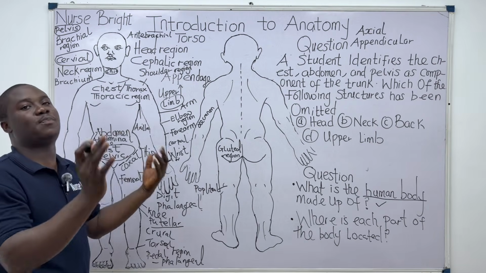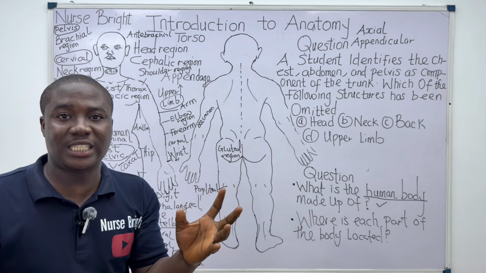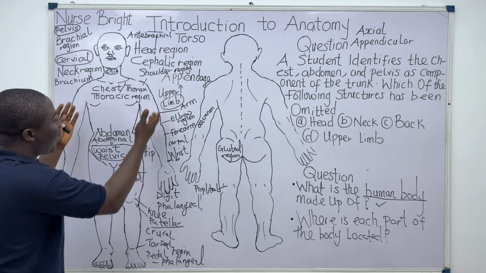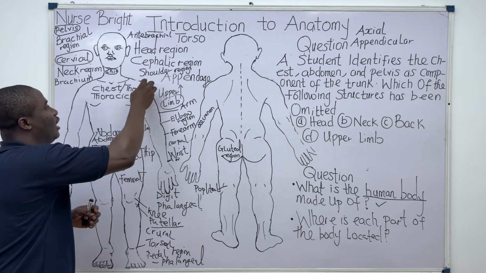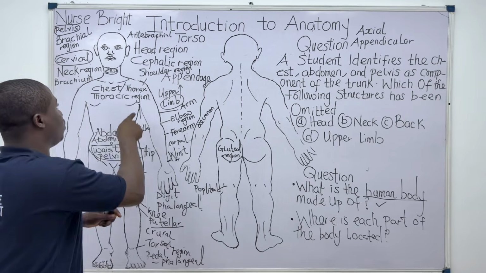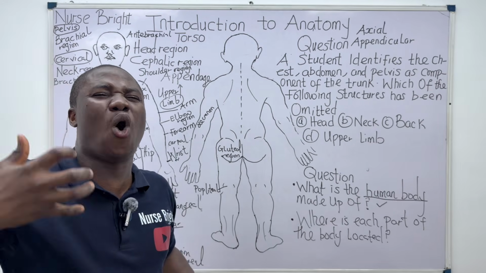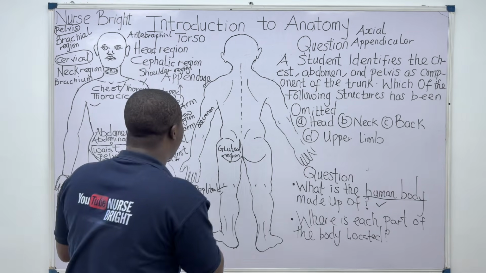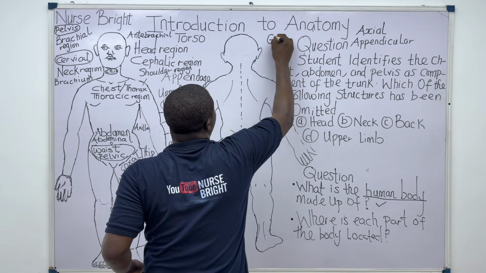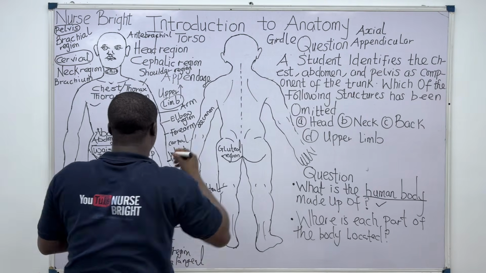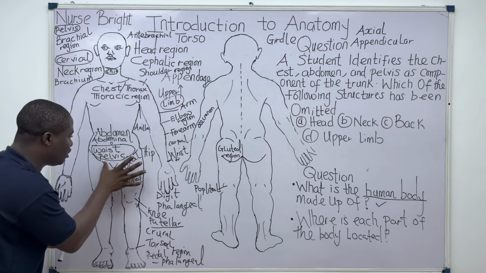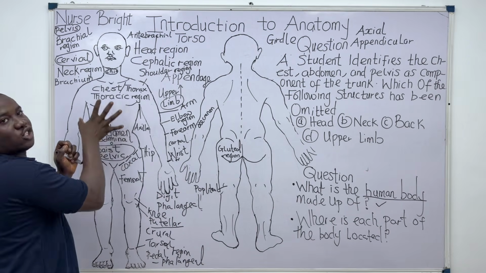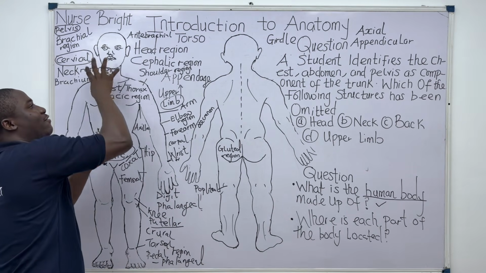But if one will just be specific, the different parts of the appendicular part of the body, of the appendicular skeleton, include the upper limb, lower limb, and the shoulder. These are parts that come from the main body. The shoulder, they call it the pectoral girdle. The pectoral girdle. Please pay attention. I just said something so essential. The pectoral girdle and also the pelvic girdle. So any part that comes from the main body, which is the trunk, and including the head and the neck, forms the axial.